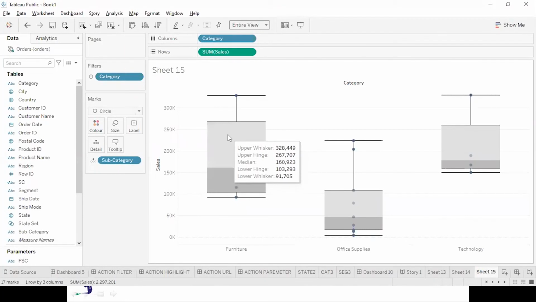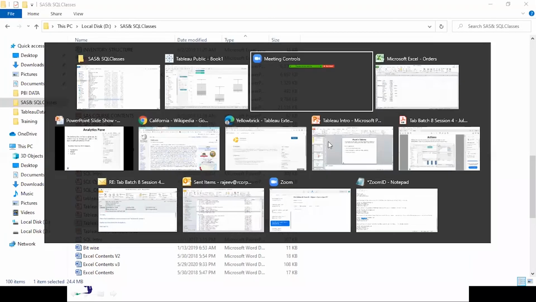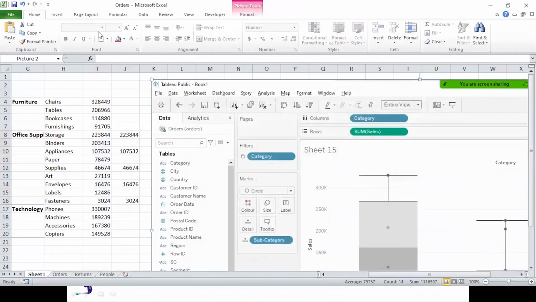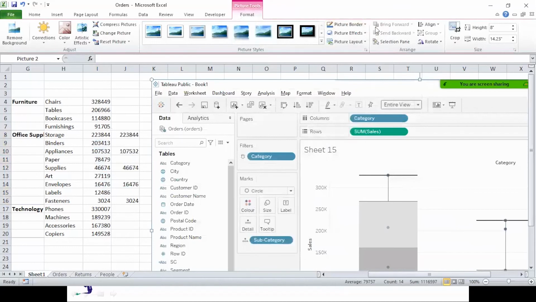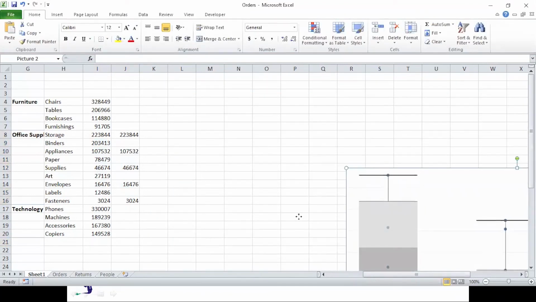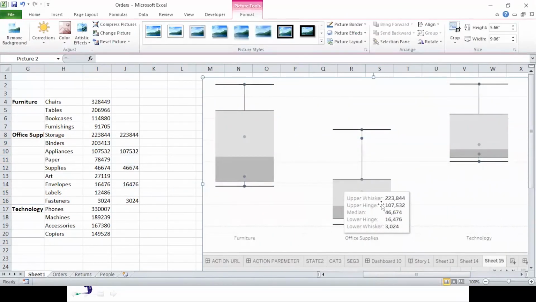This is furniture. Let's put it over here. Let's try to compare. Oh, what happened? Sorry.